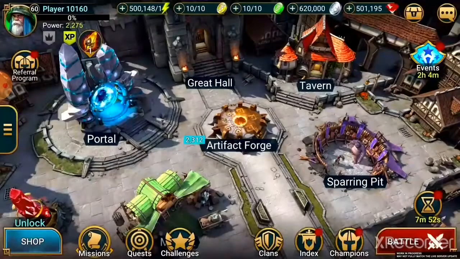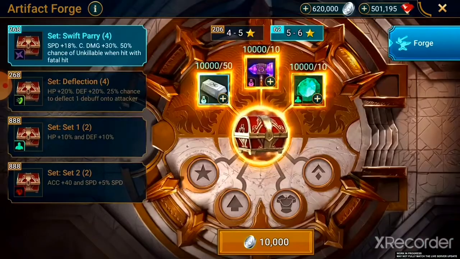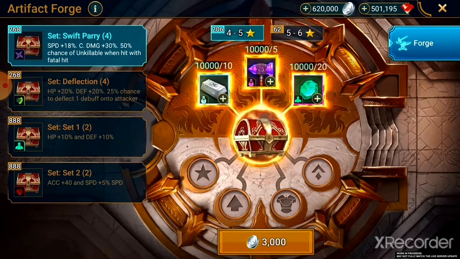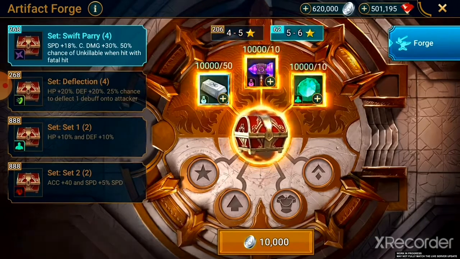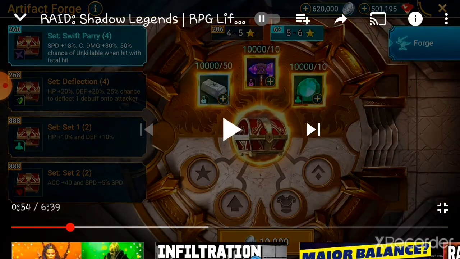In a nutshell, this is an all-new crafting system for artifacts. So here it is. It's got its own building in the Bastion, and inside is this, the Forge's crafting interface. Let me take you through. Artifact crafting requires new items called materials. You'll get materials from a bunch of in-game activities, like arena battles, faction wars, events, and tournaments. If you just want to get started...